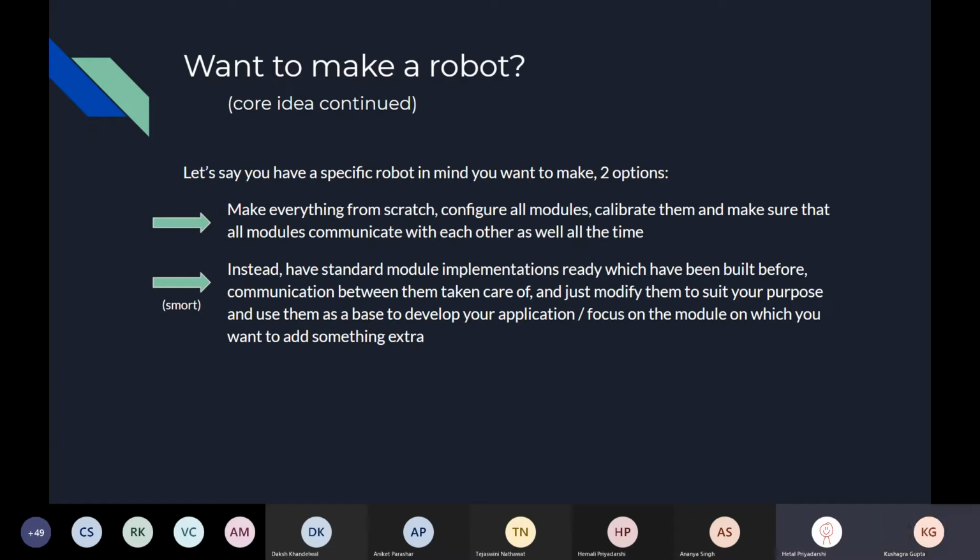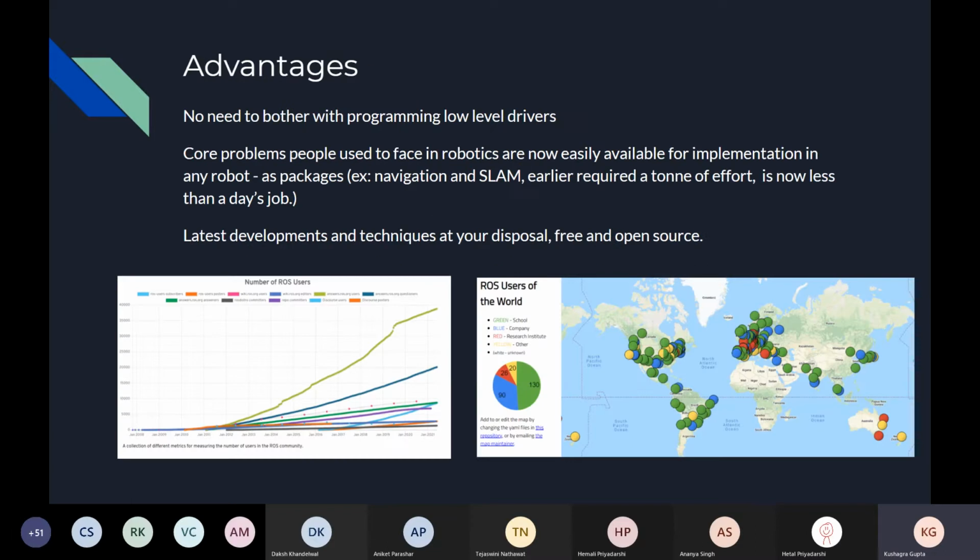Right, right. So basically, this second option is what ROS allows you to do, where you don't really need to take up the headache of building everything by yourself. You can just pick and choose what you want to work on, and the other stuff will be there for you, and you can also make a generic robot if you want, and just focus on what application you have. So this is just a recap of all of that. You don't really need to bother with programming low level drivers. You don't need to bother with making sure that your odometry data is matching your drive data. I'm not really going into the detail of what that is.